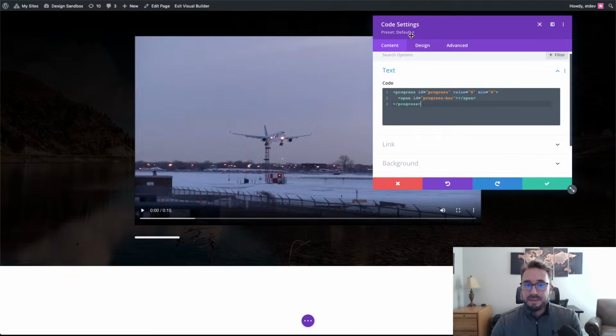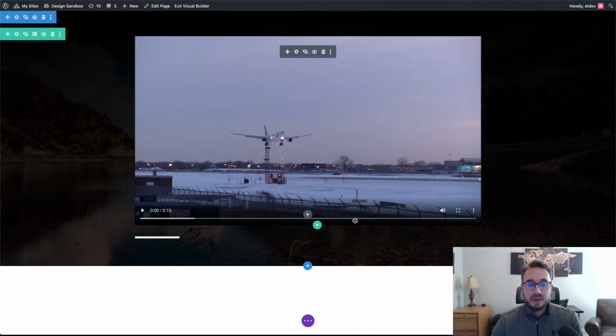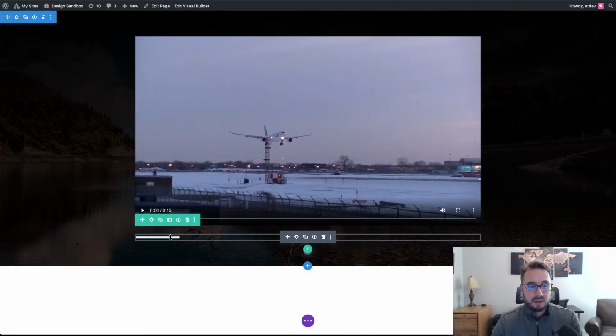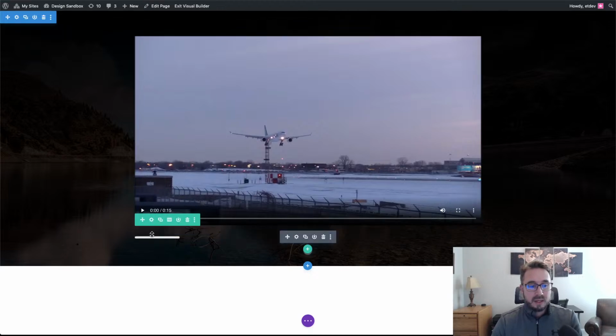And I forgot to style my row. We'll do that later. I'm going to save it out. You can actually see the progress bar there a little bit, but it doesn't have the functionality we need quite yet. I'm going to go back into my row